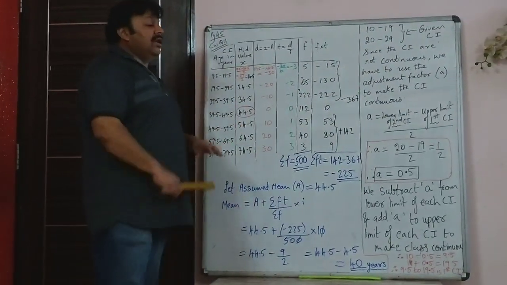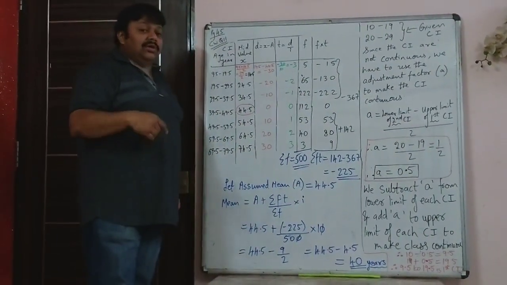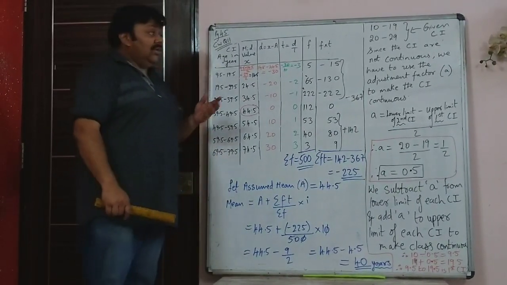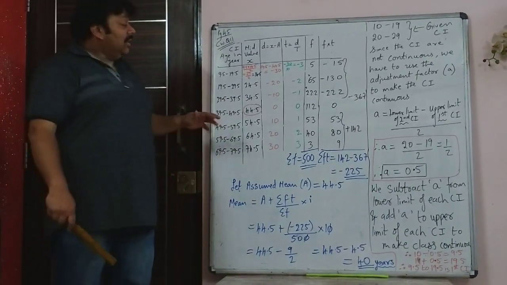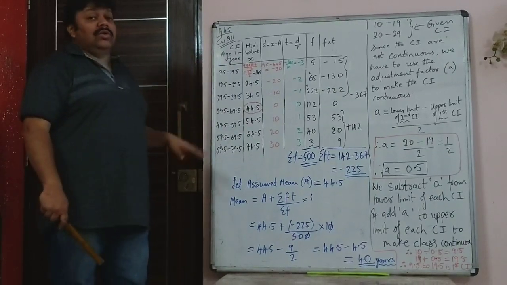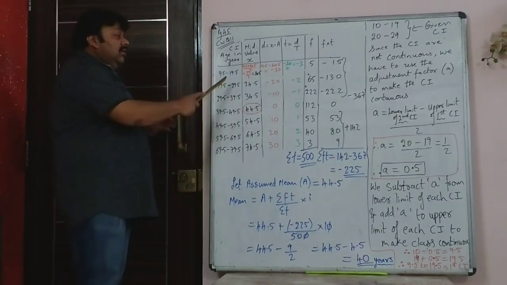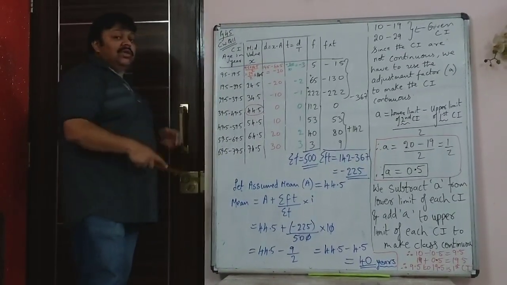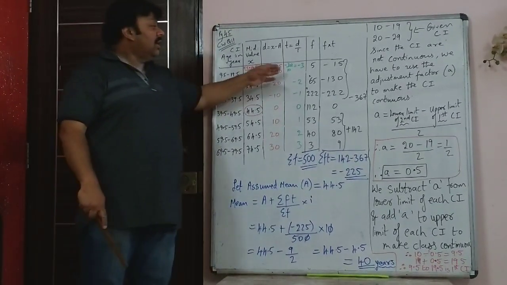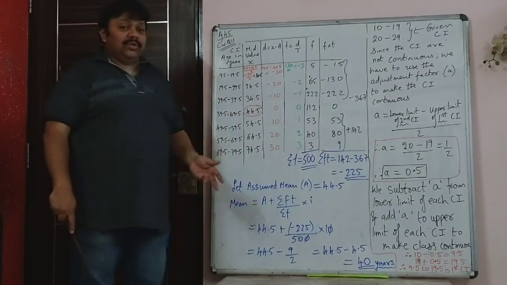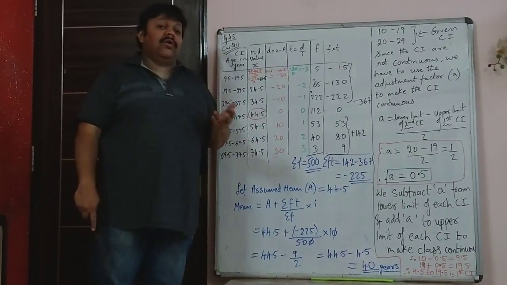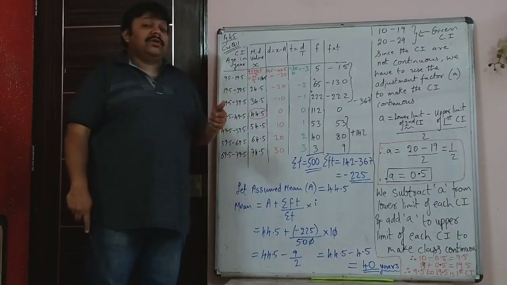So to avoid all that in statistics, the best thing to do in OJS, it is compulsory to do class interval when we find the median. But in this also it is better that you do the class interval so that once you adjust the class, then 19.5 minus 9.5 is 10, the class size is 10, is simple. So it is better to adjust the class. Now this is a revision of what you did last year in statistics.